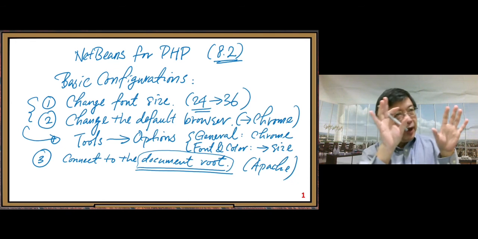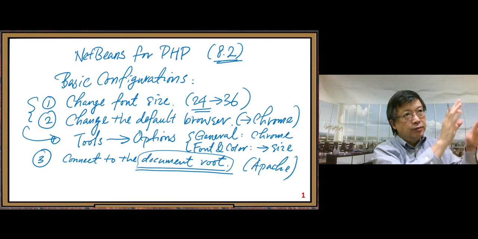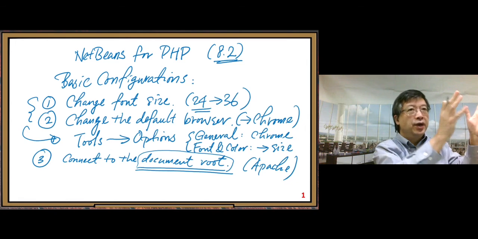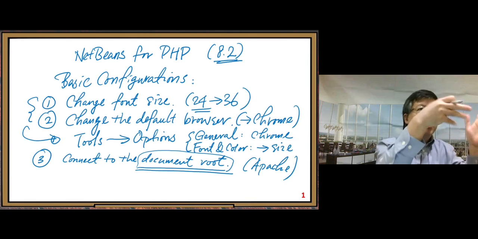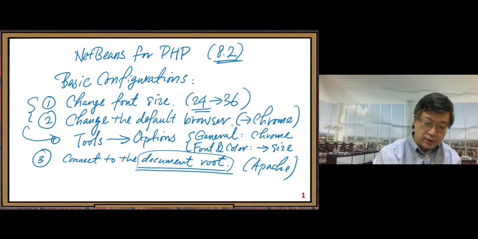Then when you create a new project or new files, you can run them from the document root directory. So we need to do that. That's the first thing. Next,